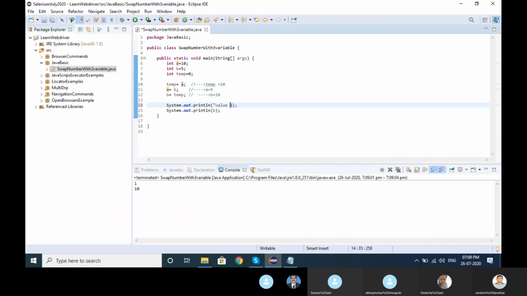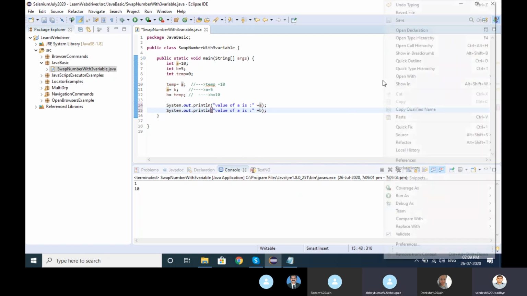Value of a is, double quotes, and a. Let me copy this so it will be more readable, right? Yep.